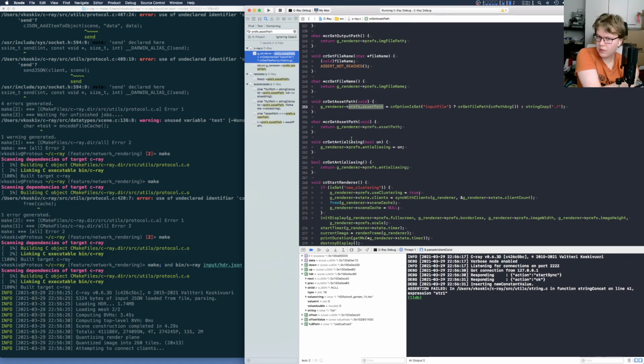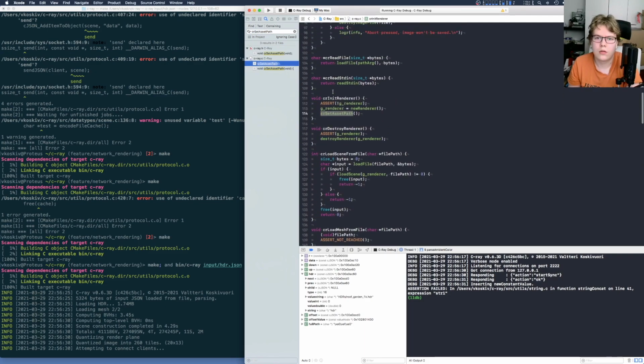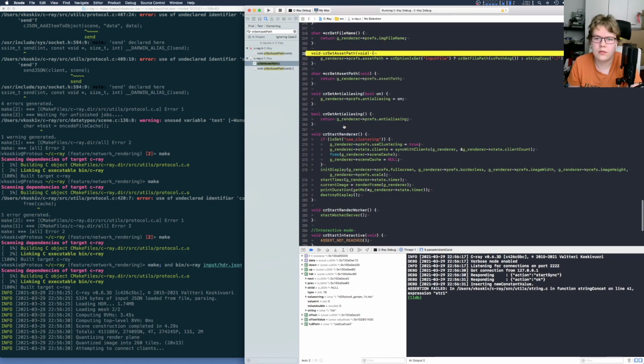Right, because we don't. Set asset path. This is going to be a bit of a weird thing, because we're not going to have the asset path. I'm just going to hack it. We're going to need to strip the